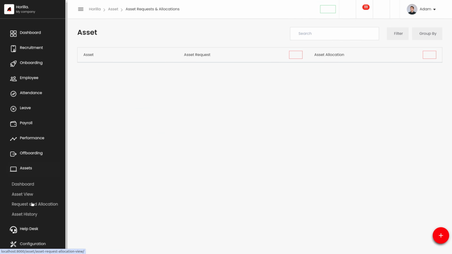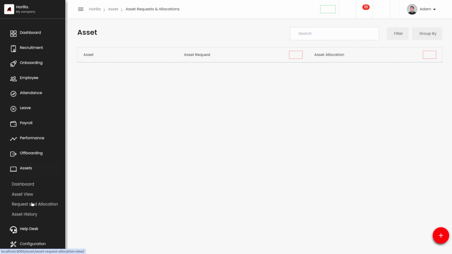In the actions, if you want to initiate a return request, you can click on return, and he has to fill in this asset return form. We have to provide a return status, that is whether the asset has any minor or major damage or whether it is healthy. We have to give the return date and the return condition images. And if he wants to add an asset report, we can add a report from here.